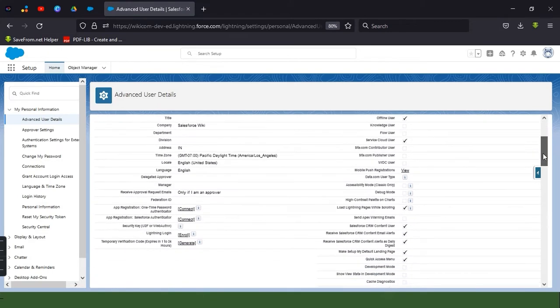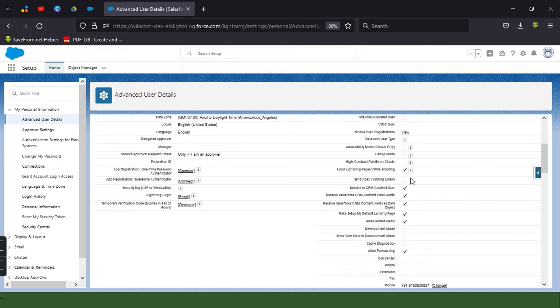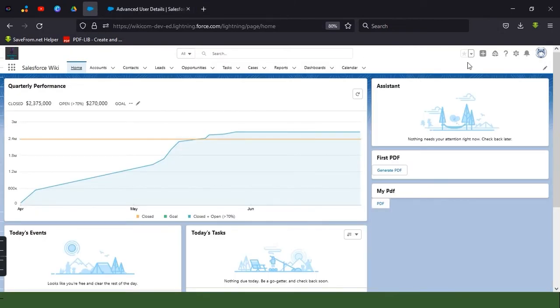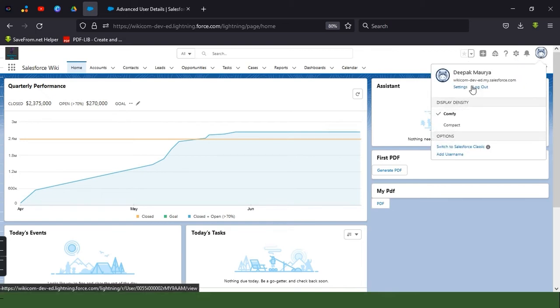Before enabling it, I want to show you how Visualforce setup looks if I don't enable it. First of all, I will switch to the classic experience.